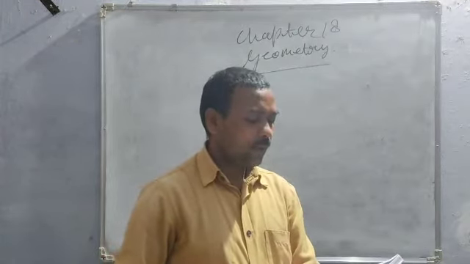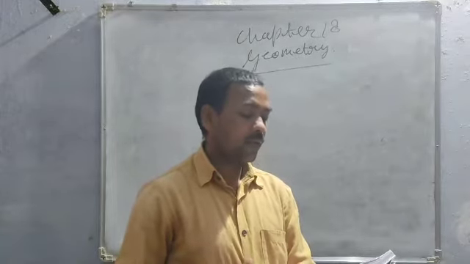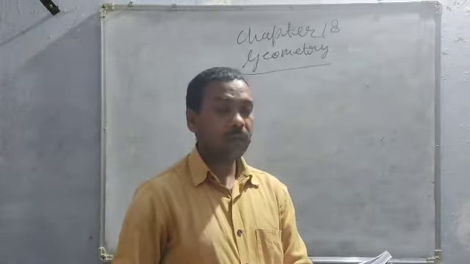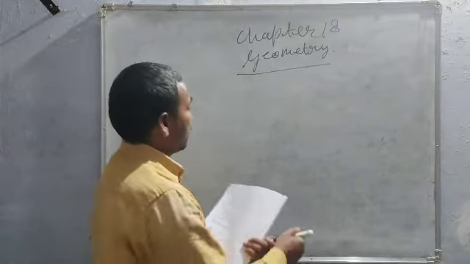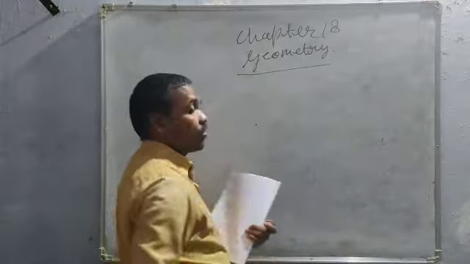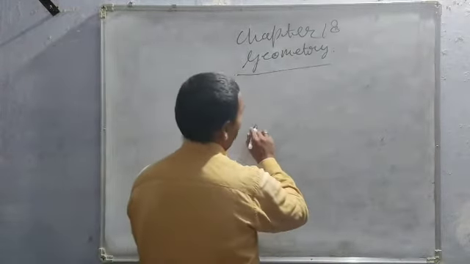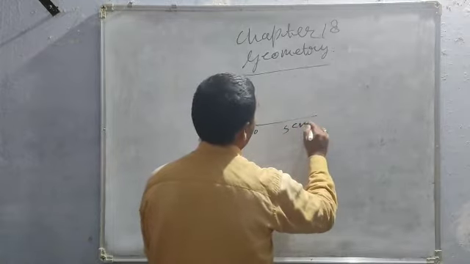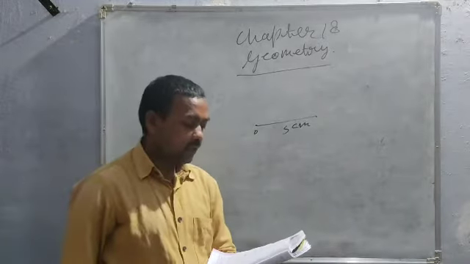A plane is different from a line because a plane is extended in all directions and a line is extended in only two directions. And to draw a line segment of a given length, you can use the scale. You know how to draw the line segment. The starting point should be on the 0 mark on your scale. So you can draw from 0 to the given length, suppose 5 centimeter. So mark here 5 centimeter, and you can draw the line segment.